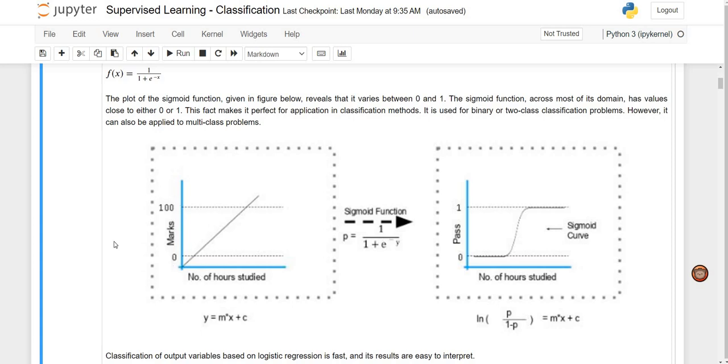This is the student's marks with respect to the number of hours studied. Given here is a linear function y equals mx plus c, and you can see the marks here are currently a continuous function, right? So if this is the problem, we can use the linear function, linear regression. But because the marks are not categorical, they do not have a classification,